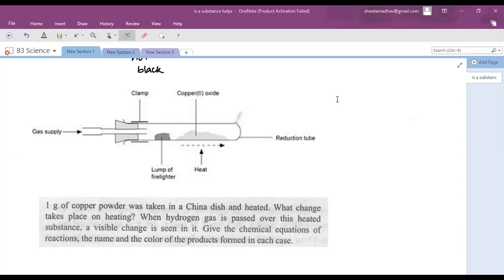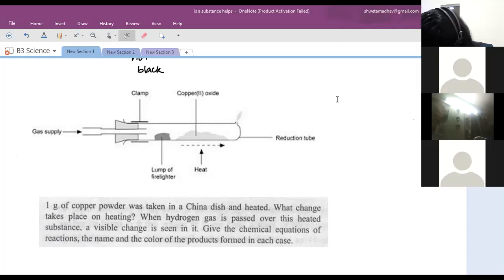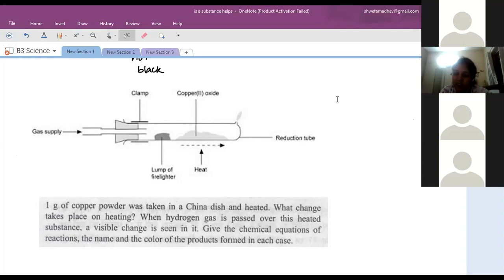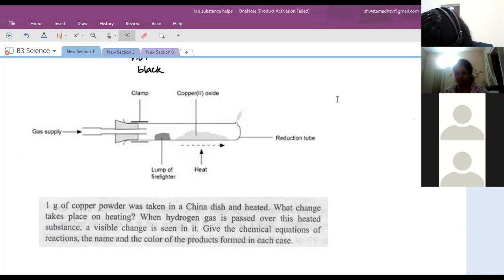Redox is not a part of the chemical reaction types. Redox reaction is a type of reaction in which oxidation and reduction take place simultaneously. So it is not a separate classification. That is the same, oxidation and reduction together. Redox name itself: RED for reduction, OX for oxidation. Clear, everyone? Yes, ma'am. Now, the next part of the chapter, there is oxidation in everyday life. Ma'am, what about precipitate reaction? Precipitation is a part of displacement. Okay.